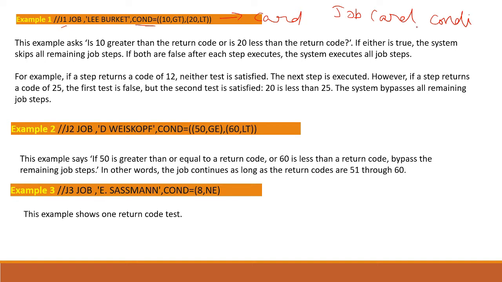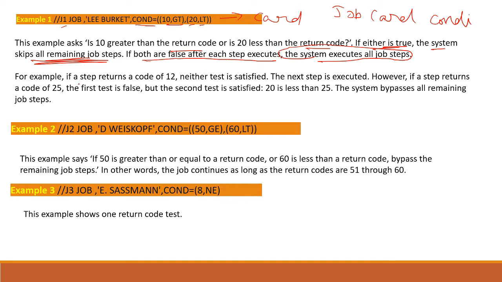Okay, I have COND=((10,GE),(20,LT)): 10 greater than or equal to the return code, and 20 less than the return code. If either is true, the system skips all the remaining job steps. If both are false, after each step executes, the system executes all the job steps.